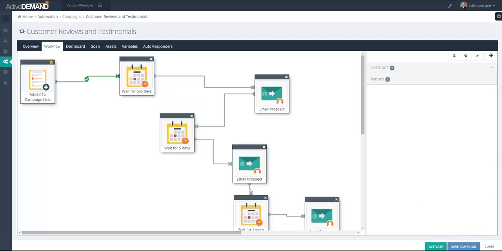And then once they've actually bought the windows, what we're interested in is trying to get them to share their experience with vendor windows with their social networks. Because let's face it, other folks are interested in buying windows, and if they're going to take a look at their social networks, it'd be great to have some positive reviews in social media to help with the next sale